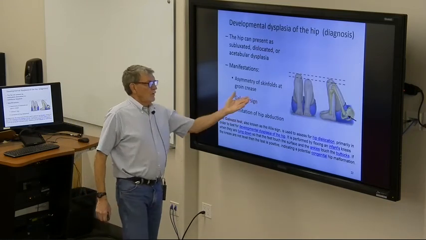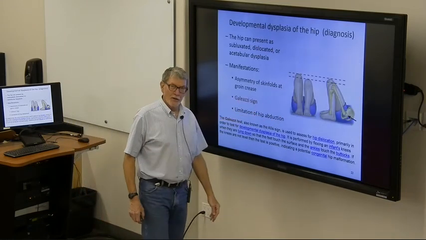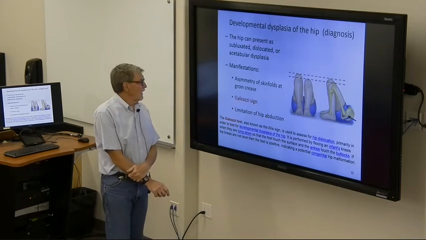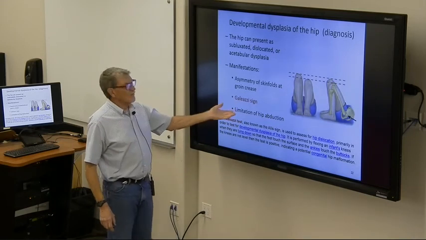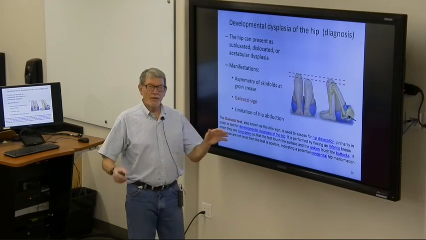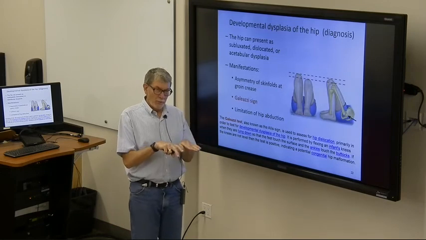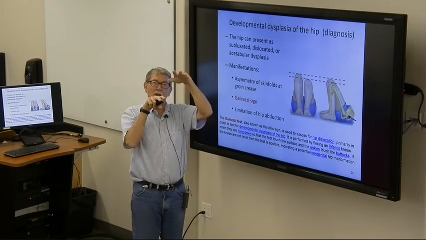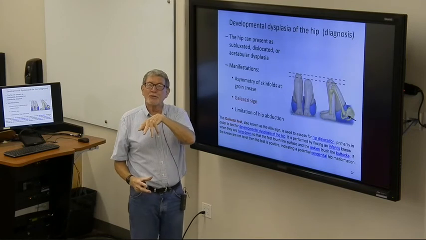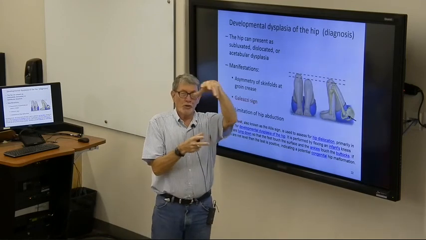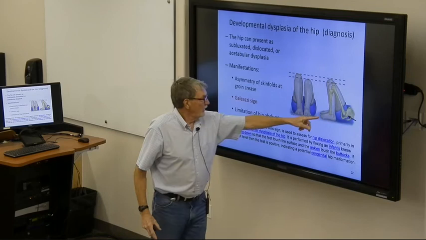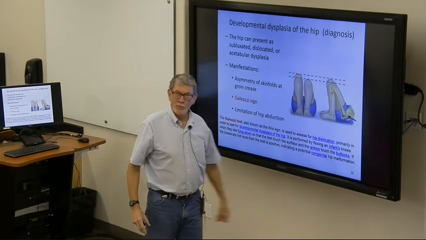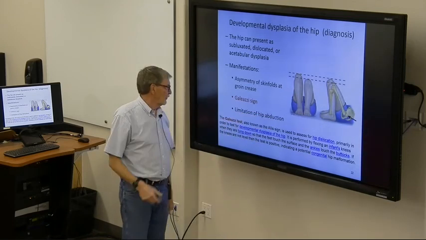There's a test you can do for this developmental dysplasia of the hip. The Galeazzi sign. You put the kid on their back with their feet pulled up to their butt, and if one knee is higher than the other one, then this hip is collapsing out of position. This one's where it should be. The low one is the deformed hip that is allowing that leg to sink down.